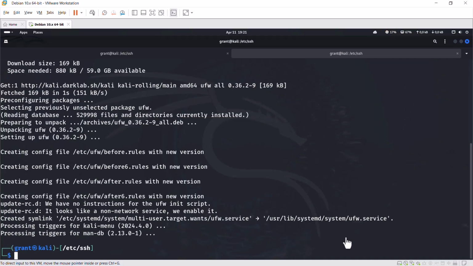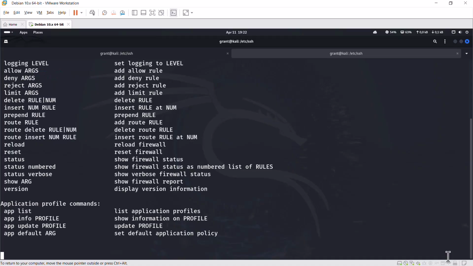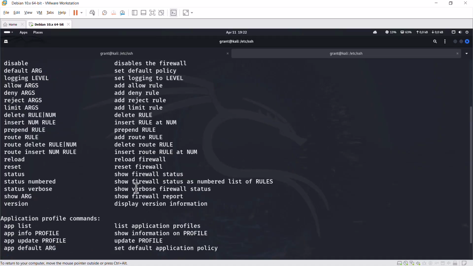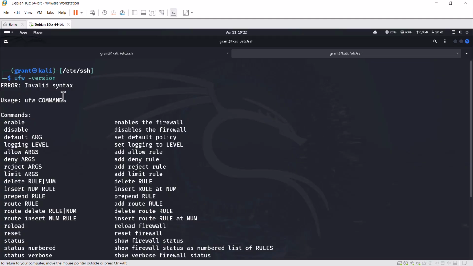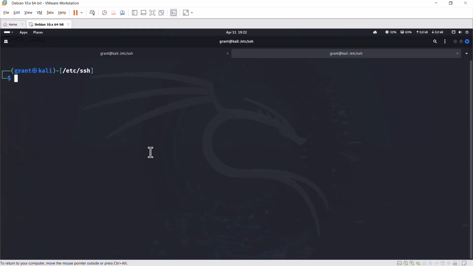Hey, we can see that Uncomplicated Firewall, UFW, has been installed. I'm a fan of clearing my screen. We can go ahead and do that. Hit enter. Now if I type in ufw --version, it's recognized it. It said invalid syntax, but it's given us all the commands that we can use with UFW. So let's clear our screen again